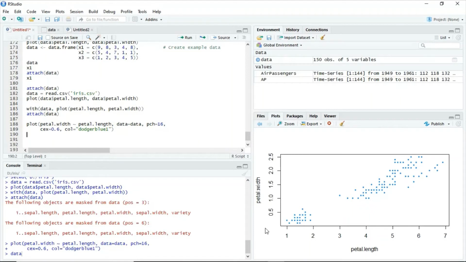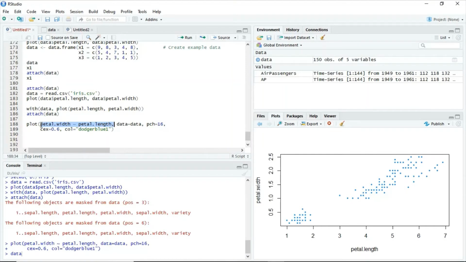Now we have to understand one more point. Whenever we are performing any scatter plot, our next intention should be that our scatter plot should be colorful, meaning we can assign color. But try to understand what is the drawback of this plot. Here I am using the plot function, and here I have used a special syntax, that is Petal.Width, then a tilde sign, then Petal.Length. First try to understand why I have written this line. This kind of plot is known as formula plotting.